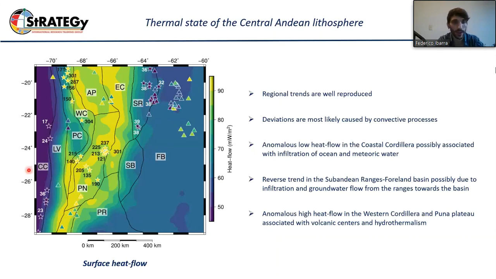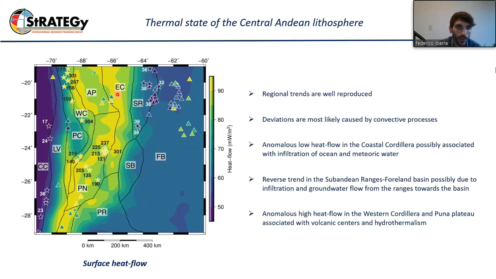Heat flow measurements provide a base to validate the model, but they should be taken carefully because of their large uncertainties and the influence of non-conductive processes. So this map shows the model heat flow together with measurements of surface heat flow in the region in the same color scale, and the stars indicate those measurements that are out of scale, for which the value is annotated. And as you can see, there's no consistency between the model and measured values, but the regional trends